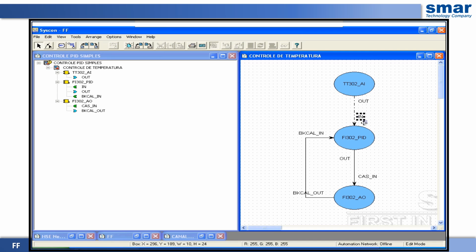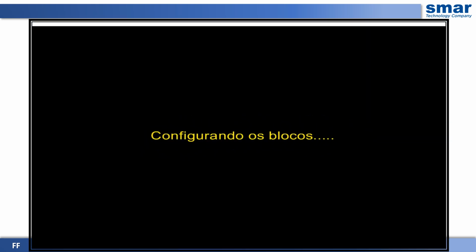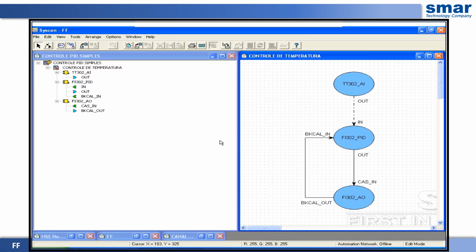So let's organize the labels for the OUT, BKCAL_IN and BKCAL_OUT blocks so that it is visually much more comprehensible. Then we will save. We will formulate our strategy.